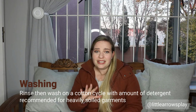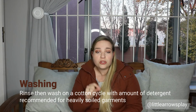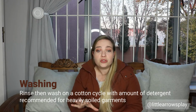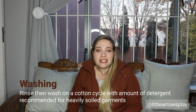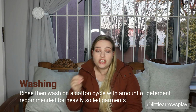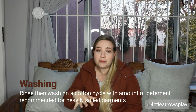It's very easy, it's nothing complicated. Just make sure for children on solids that you rinse out the majority of the poo into the toilet before you wash it, otherwise it will clog up and gunk up your washing machine. It's that simple. If you want to save water, you can, instead of rinsing in your machine, rinse in your baby's bath water. So what you do is you put the nappies in there and